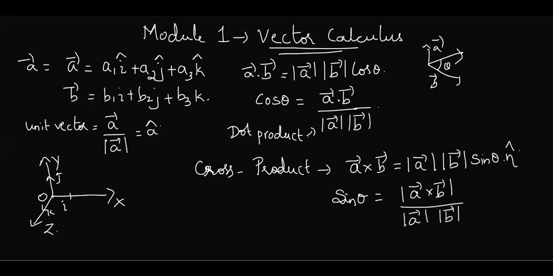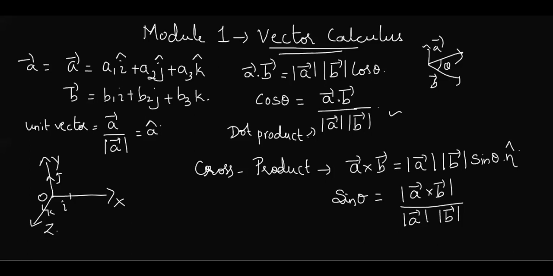Yes. So what is the thing here? If I write sin theta, it contains an n cap. I don't want this n cap, so I'll just take a modulus for the whole thing. If I take the modulus, it becomes modulus of n cap. It is a unit vector, so what is the magnitude? Obviously 1. It will disappear. So you can easily find sin theta. So here you can find the angle between the two vectors, maybe cos of the quantity or sine of the quantity. So this is about the main important dot and cross product.